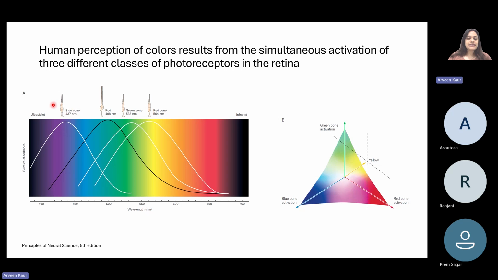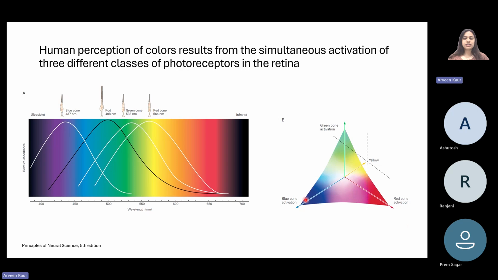The combination of these helps form different colors from their simultaneous activation. The blue has a peak at around 437, green has a peak at around 533, and red has a peak at around 564, right? And you can see green and red are overlapping more than blue per se. And rod, which is mostly active at night, you can see it has a wider range compared to any of the cones, right? Because it is one single kind of photoreceptor that will respond to that dim light, so it should be able to respond to a plethora of ranges. That is why it has a wider range of coverage or receptive field, right?